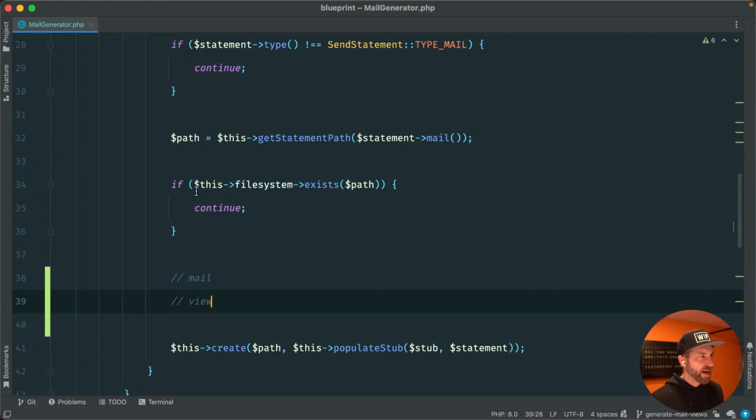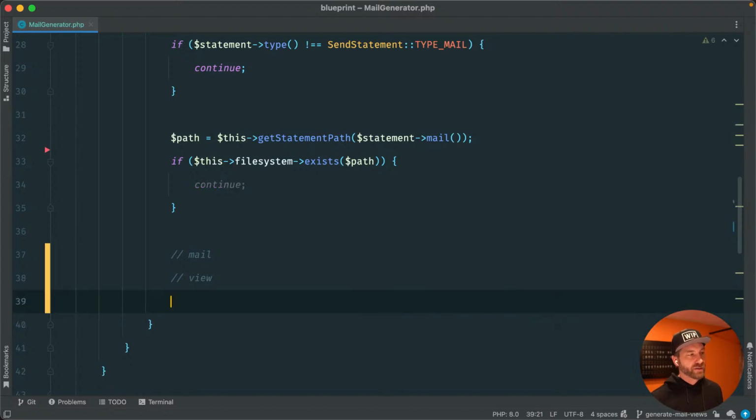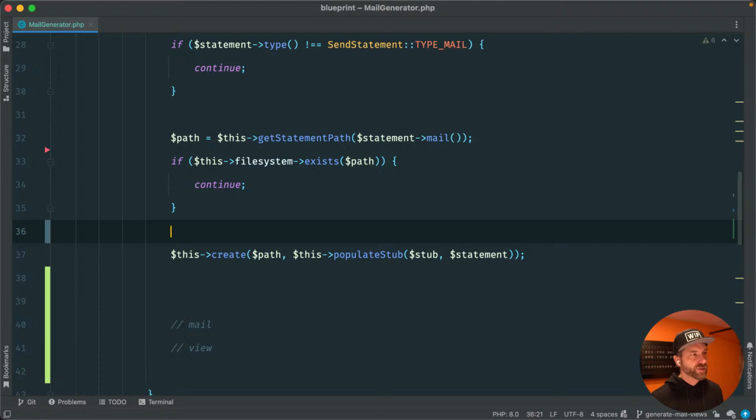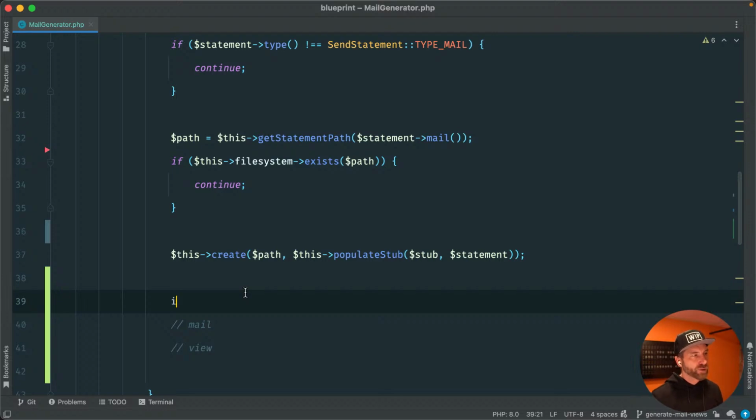Get statement path. So basically we're saying if the mailable already exists, then the assumption is that so does the view and everything for it. So I think this is pretty fair. We would want to continue for sure there. And then we would want to go so far as to say